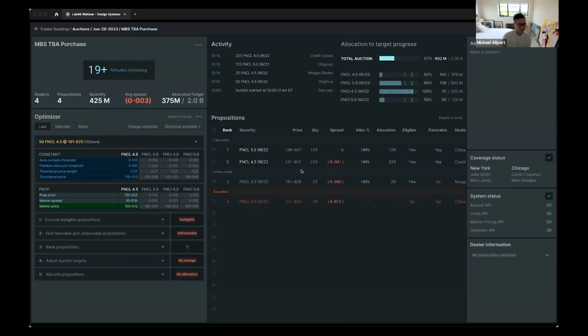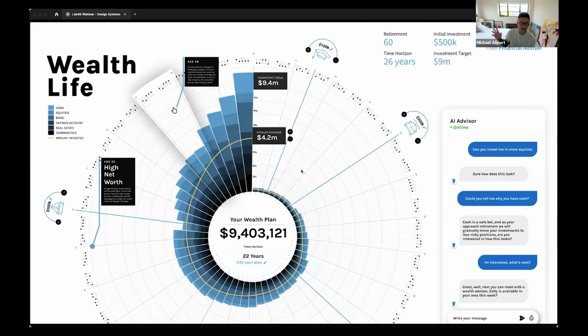This is a kind of internal auction system to buy and sell assets that the central bank is selling or buying into the market. And this is a concept here for a wealth management firm, and it's really about